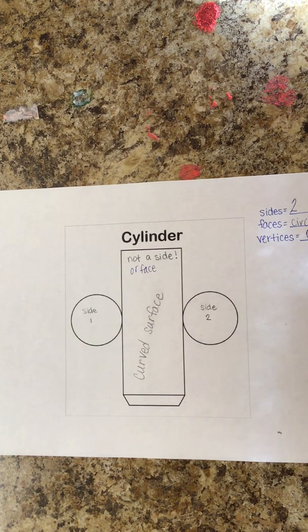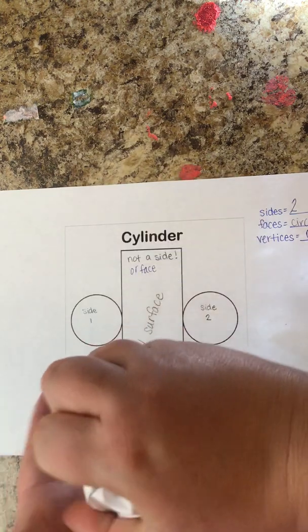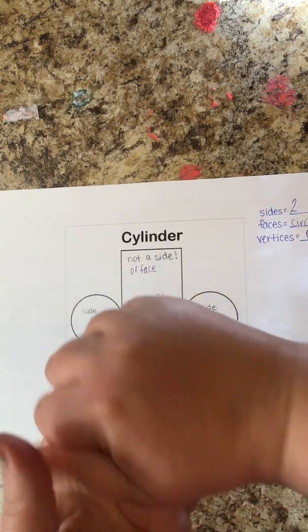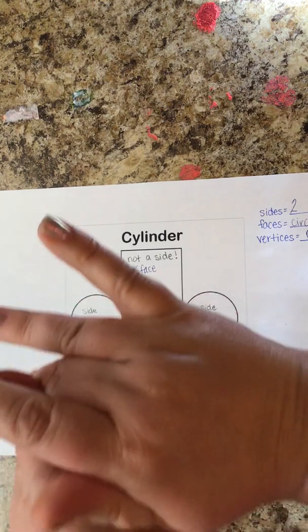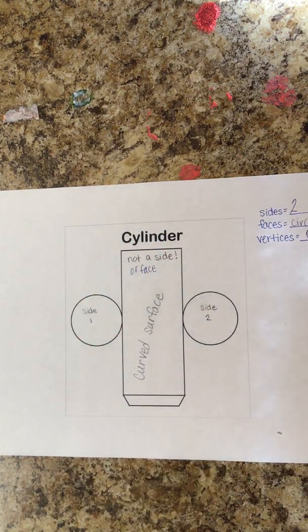The only other one we have would be a sphere, but I can't really make that out of paper unless I were to just take one of these and try to crumple it up and make it somewhat ball shaped. You're better off using Play-Doh or cookie dough or some kind of clay or dirt that you've added a little